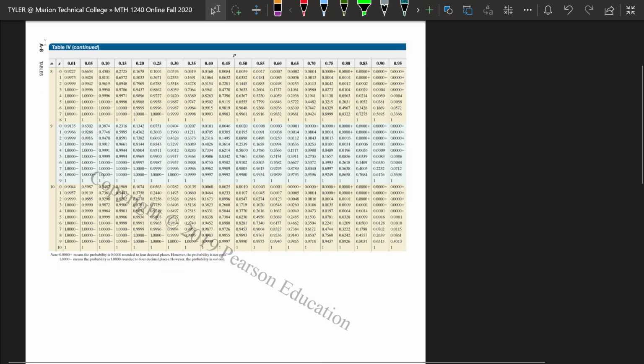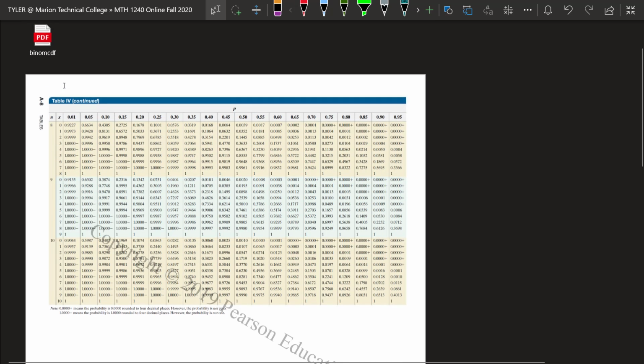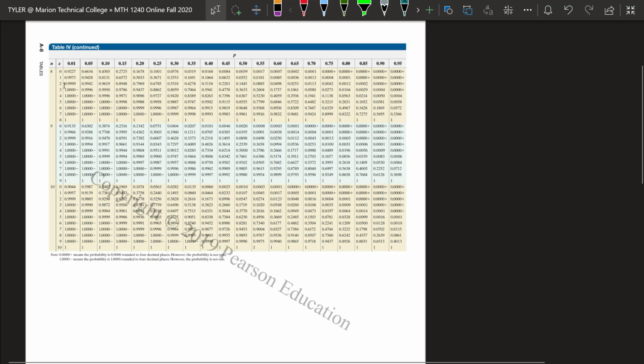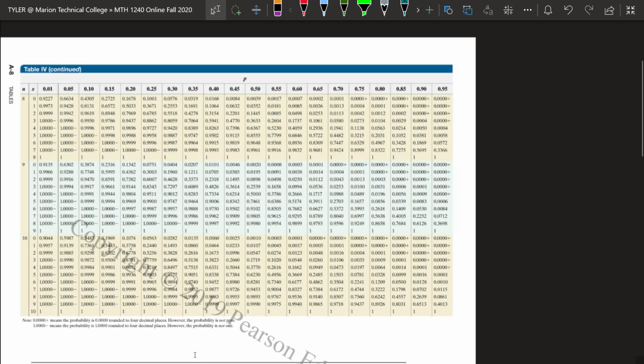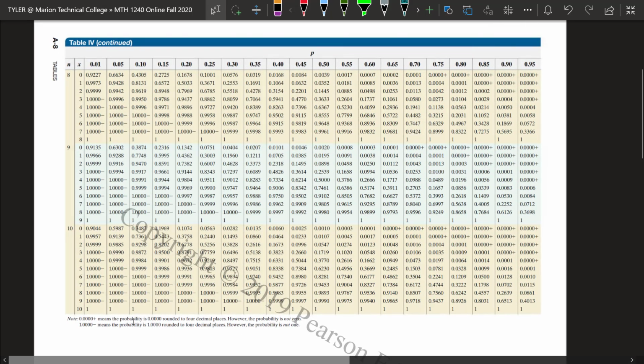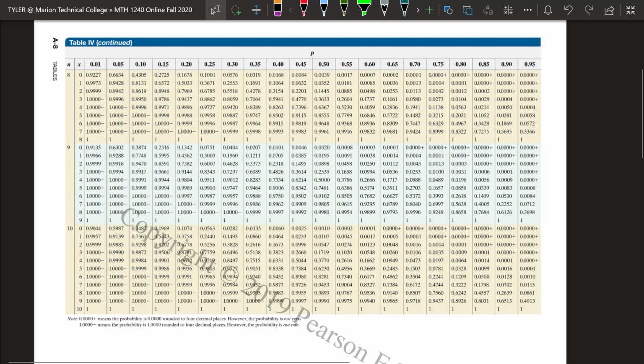So this is page A8 in the textbook, so appendix A, page 8 in that appendix. This is in table 4. Table 4 is what we call cumulative probabilities. So this works similar to table 3, right? It looks very similar. The difference is, so let me find this one, right? So for this one we had n equals 9, and we had a p-value of 0.2, right? So we're looking at this column,